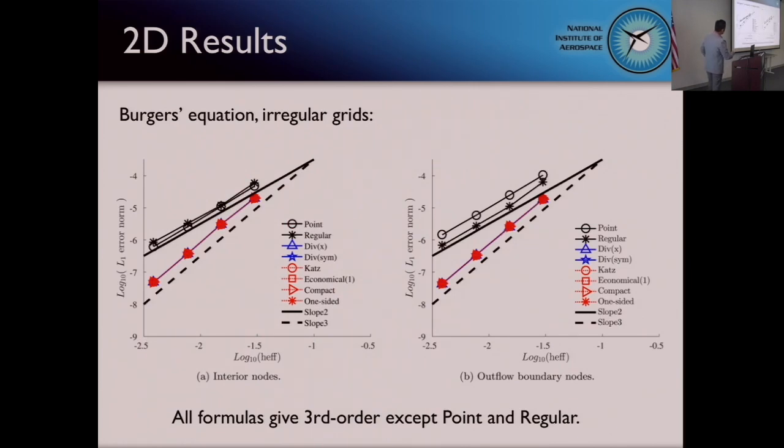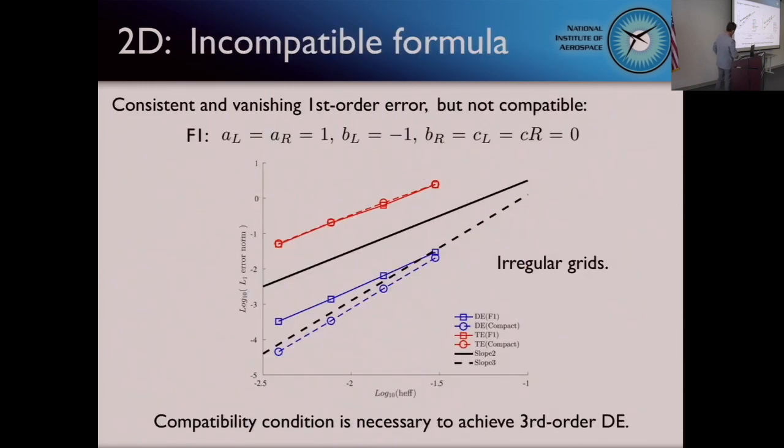Yes. So also at the boundary, we achieve third-order accuracy. And third-order accuracy at the boundary is very important for this edge-based scheme. This is outflow, so the error committed will not propagate back. But in general, that's not guaranteed. So we want to make sure that everywhere we achieve third-order accuracy.